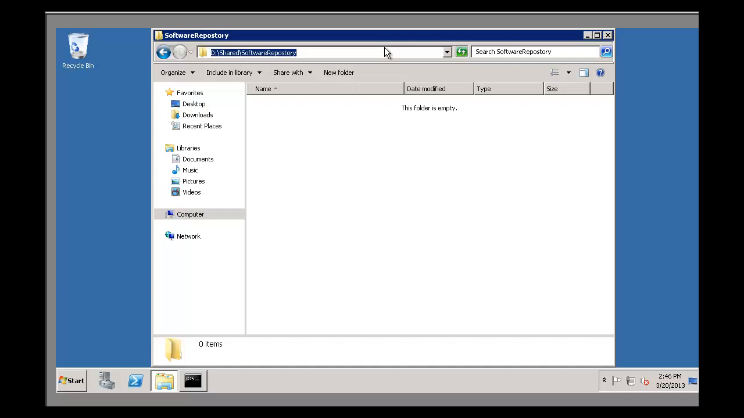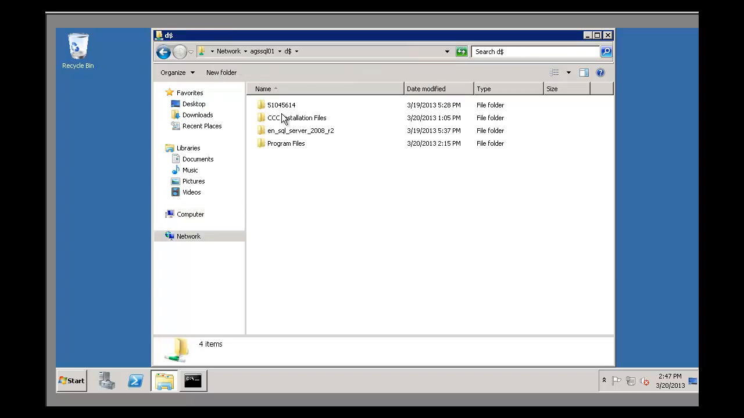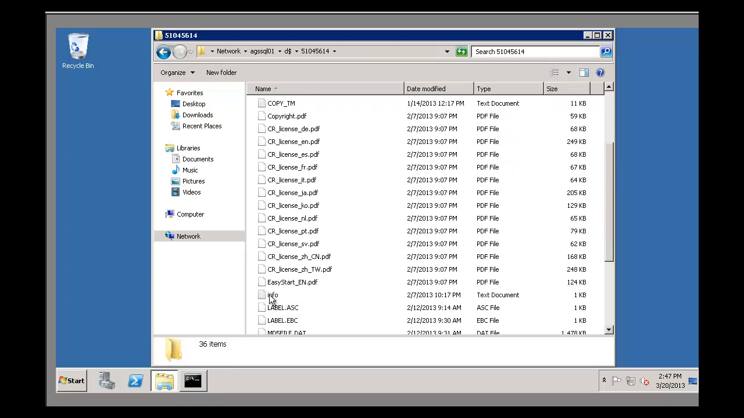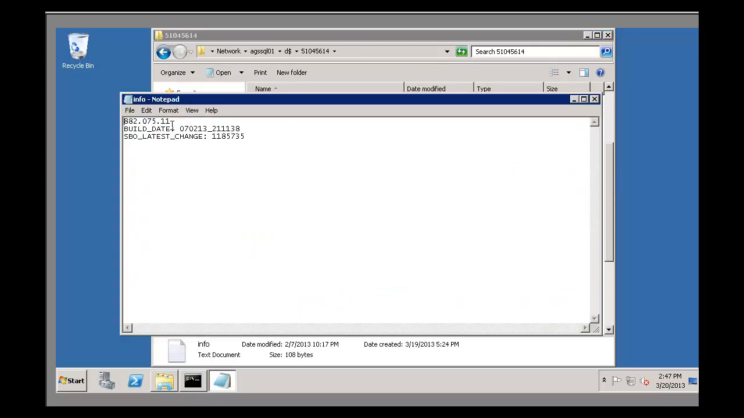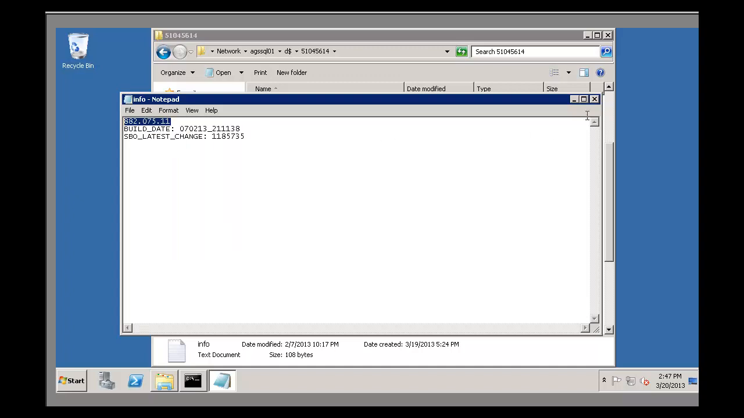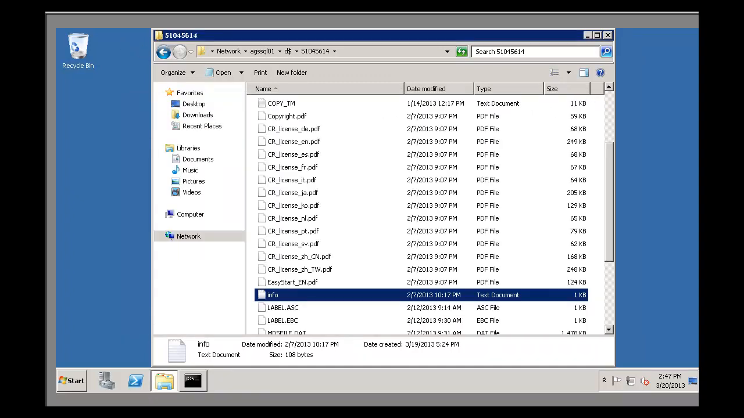So I'm going to take a quick look at where my install files are currently located, which is here on this machine. I open up that folder, and you'll see here are my files. I'll scroll down to my info.txt, and there it is. Yes, 882.075.11. So I can copy that if I want to,